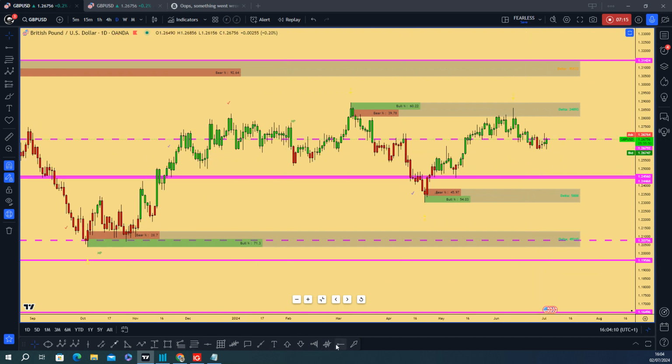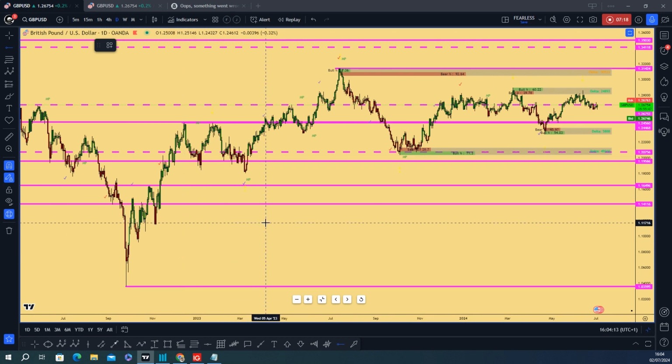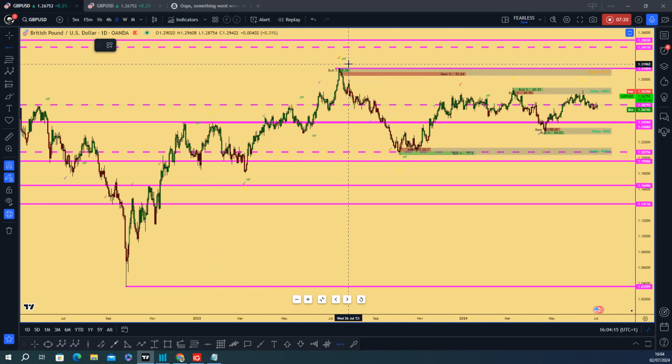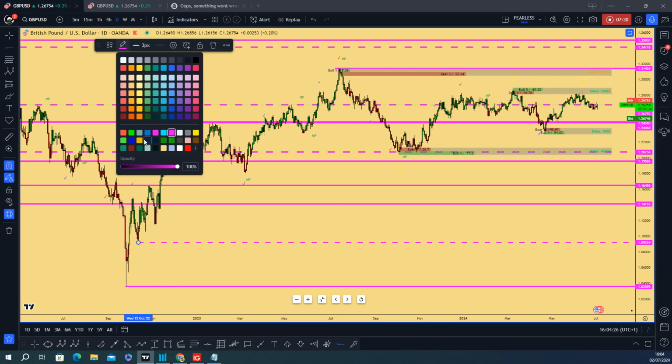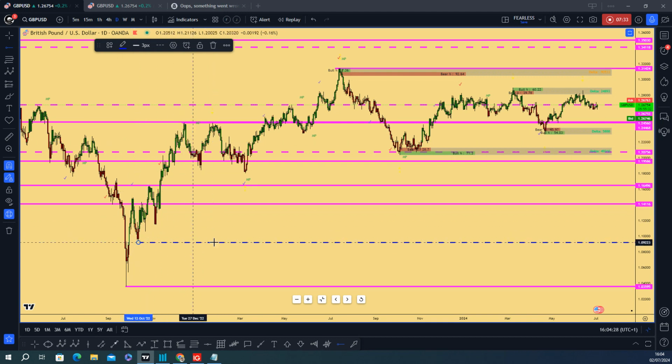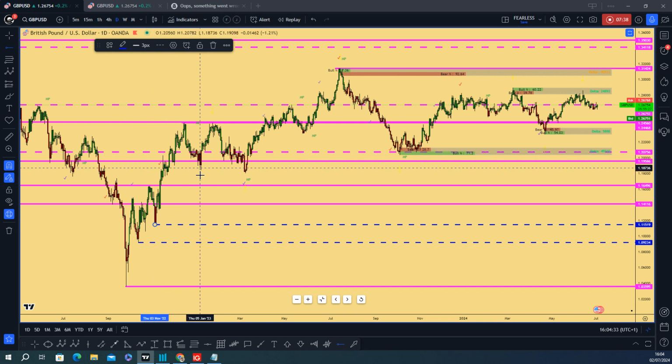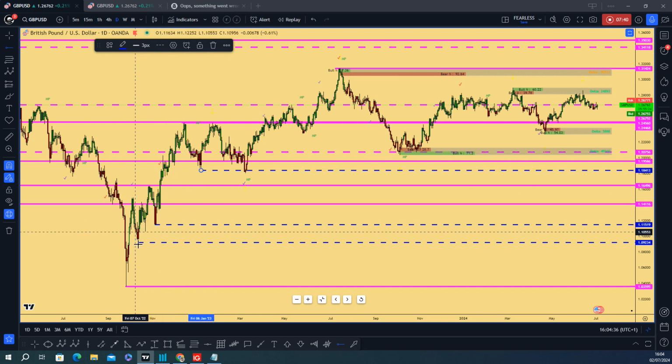So let's do the daily key levels. I said we're going to do the last up and the current coming down. For the pound, we're going to use blue for the key levels on the daily chart, because those are the structures. The decision making point: they made a decision to buy, price went up, made a higher high. They made a decision to buy, price made a higher high. This one,